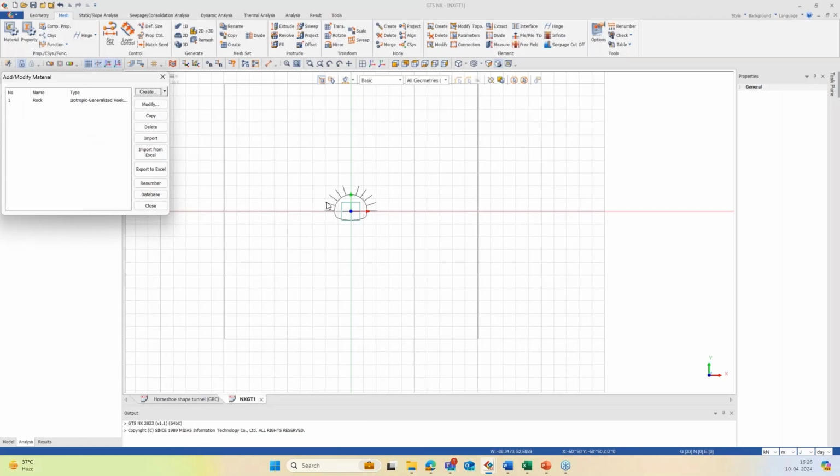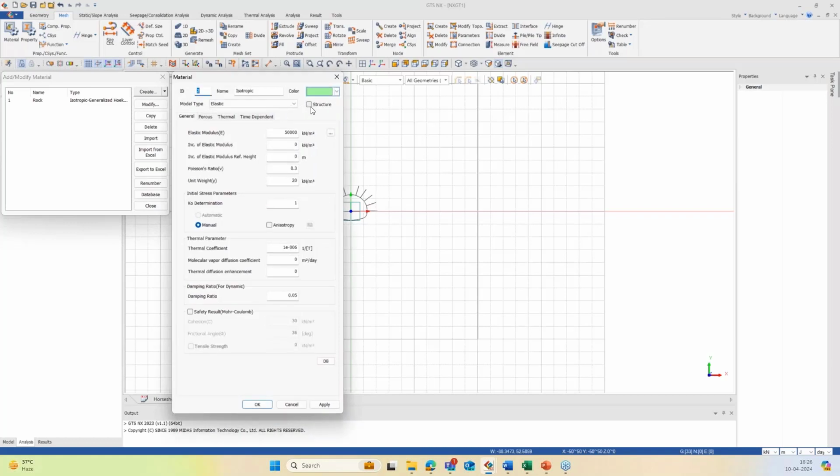Now we have to add the material for rock bolts and the lining. So for the rock bolt, click on isotropic, check the structure option, go with the elastic material model. The elastic modulus is 2 into 10 to the power 8 kPa. The Poisson's ratio is 0.2. The unit weight is 78.5. So this is for the rock bolt. Name it as rock bolt